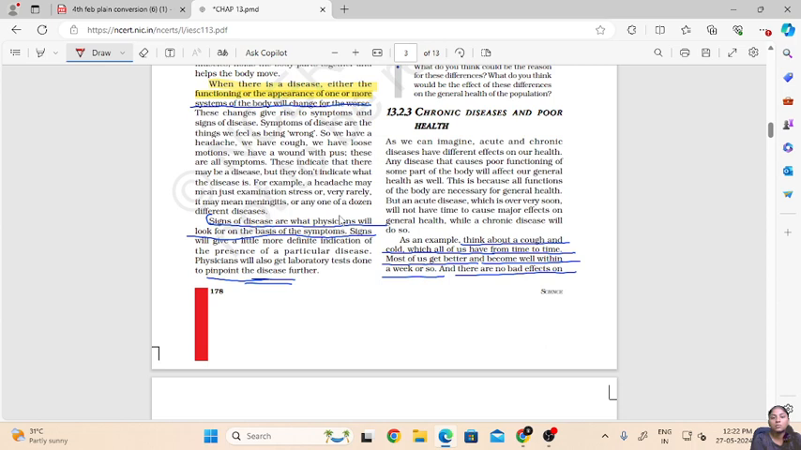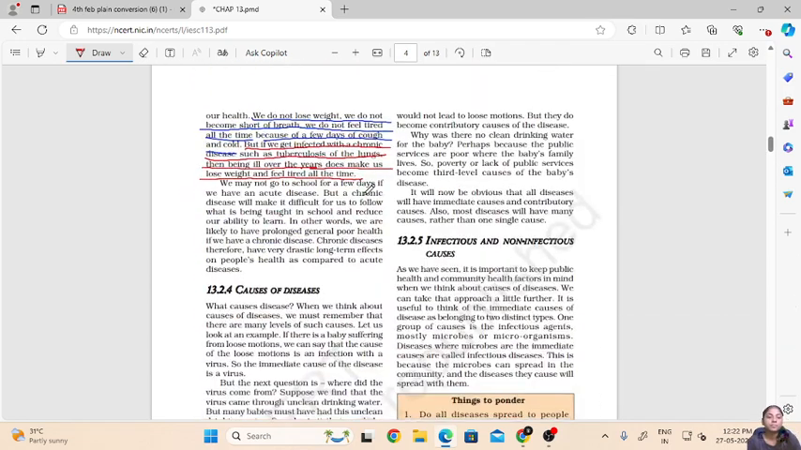Now which is over, will not see here. An acute disease which is over soon will not have time to cause major effects on our general health, while a chronic disease will do so. Then when we have an acute disease like cold or fever, we might not go to school for a few days,